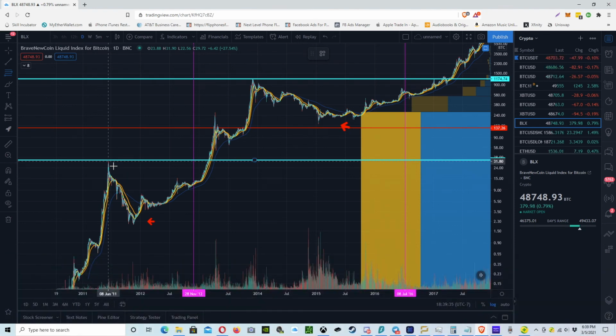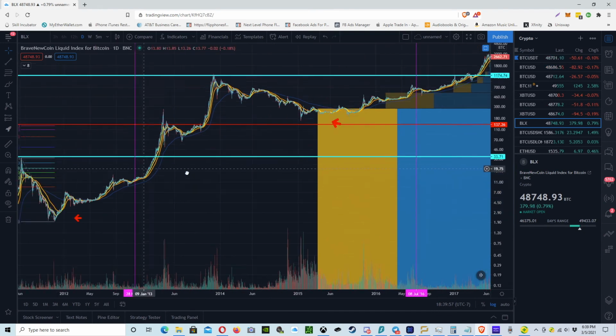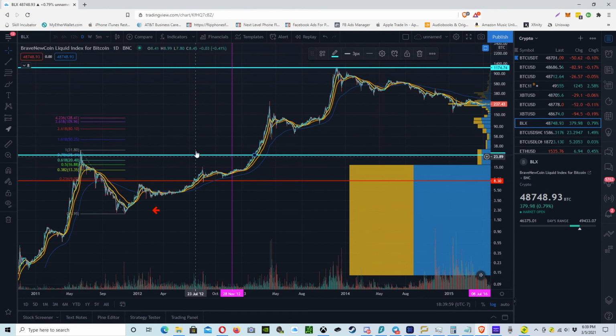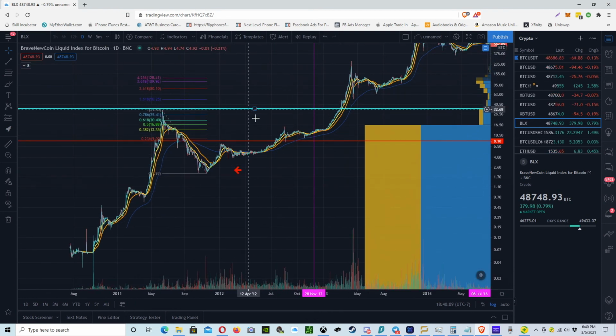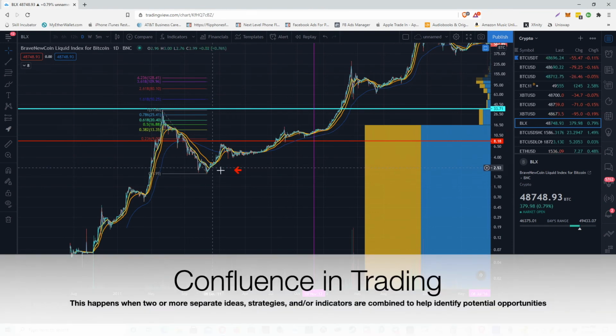But anyways, here we have a Bitcoin daily chart using the Bitcoin index for historical price. Let's go ahead and draw a retracement from the top of the market cycle in 2011, that peaked at $32, down to the bottom of that cycle. You see here are those numbers I was talking about, 23.6, 38.2. Let me zoom in a little bit. 38.2%, 61.8%, 78.6%. So just to show you some ideas of how these work, you see there's confluence right here,